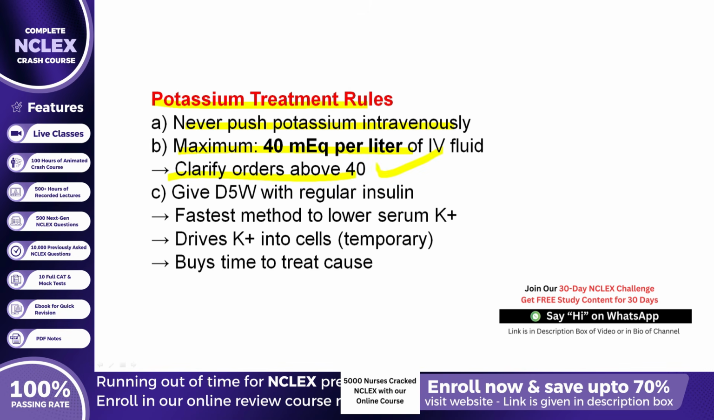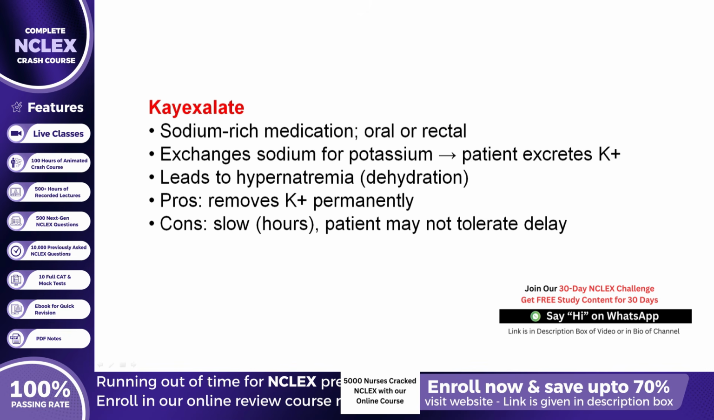We also give dextrose 5% in water with regular insulin because this is the fastest method to lower serum potassium. This combination drives potassium into the cells temporarily, and it buys time to treat the actual cause. Finally, when we look at Kayexalate,